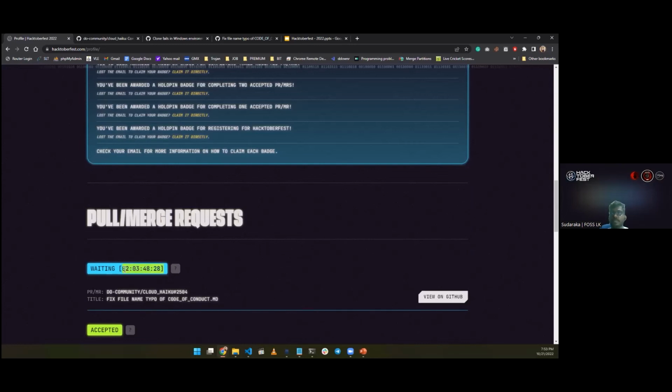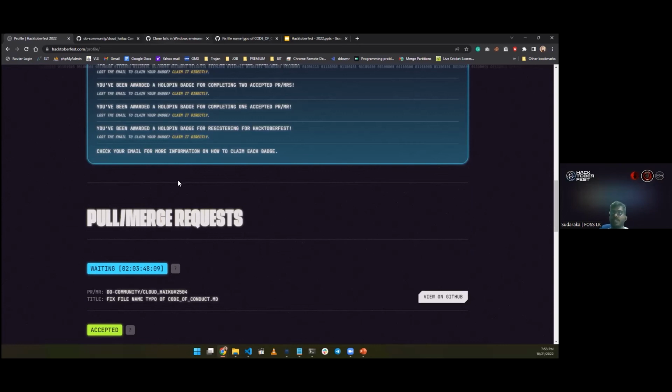After your PR is accepted by the relevant maintainer of the project, you can see a screen like this in your Hacktoberfest account, like waiting 7 days. After the 7 days, it will be accepted like this, right? So this is how you can contribute, create the PR, and get things done.